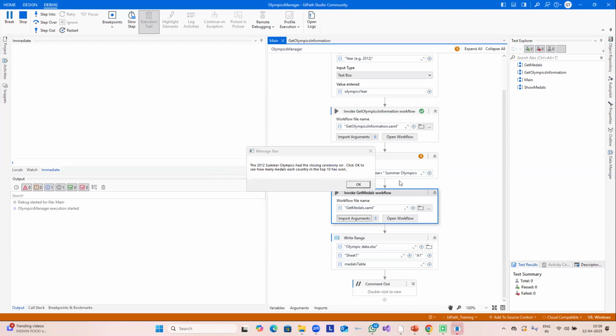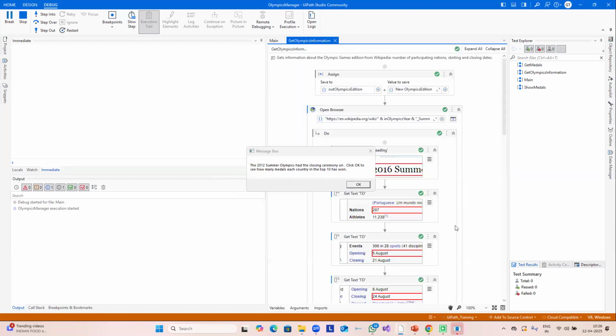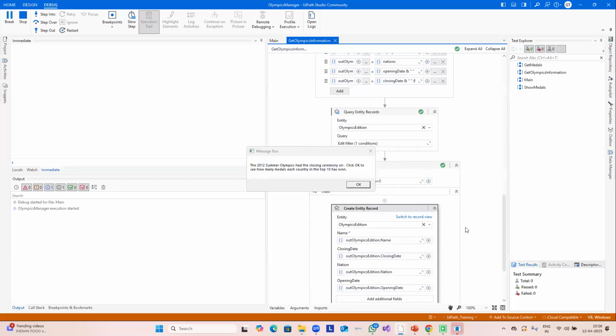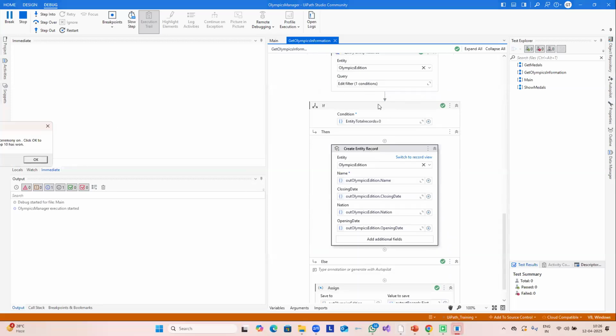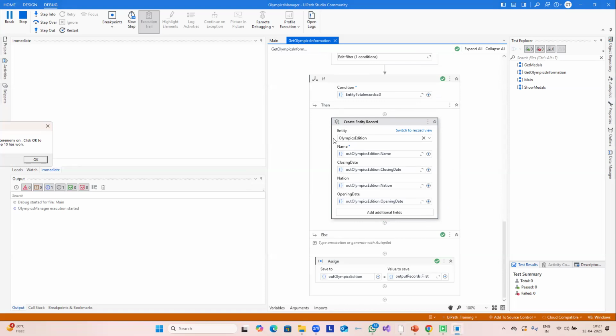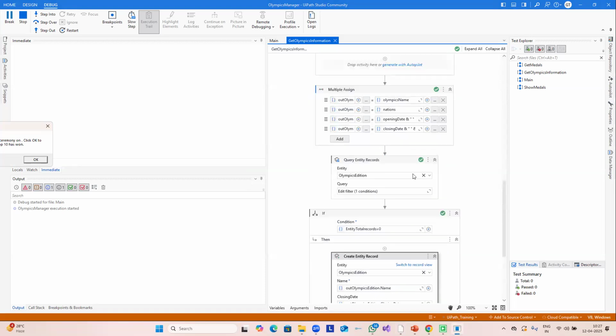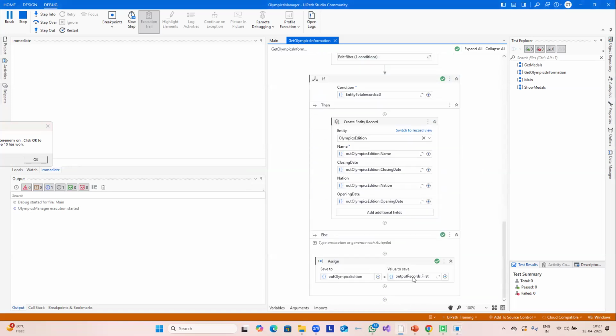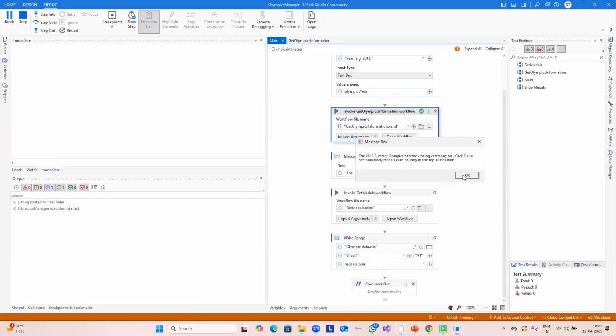Okay. This time, if I go inside the workflow and scroll it down, you can see that I got the data. Entity records, I found something. So that is why it hasn't created this time. It went directly to whatever data record it has found over here. It has provided me the output directly in this variable, out Olympic edition, and this is nothing but the output record dot first, meaning whatever we got, we were getting that as the first record of that. Right, now click on OK